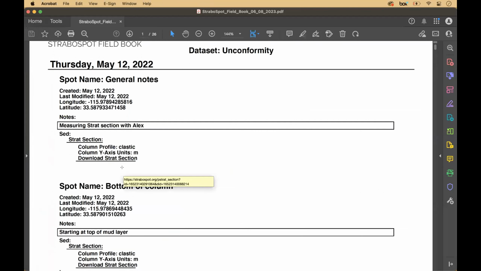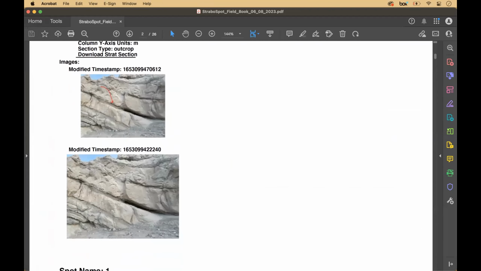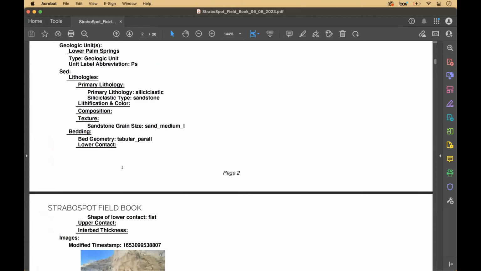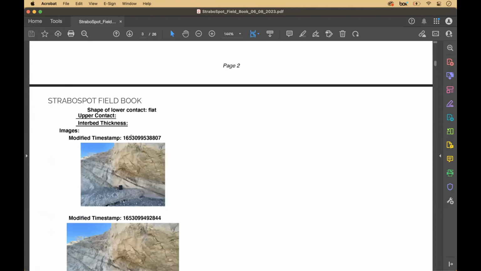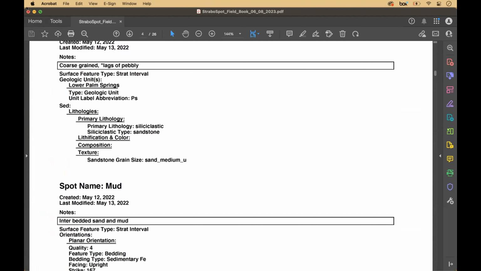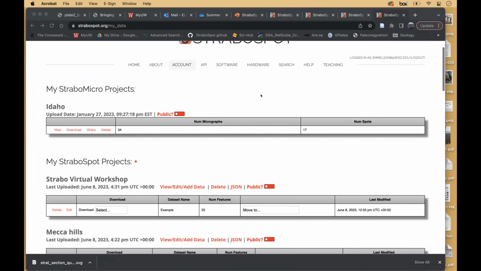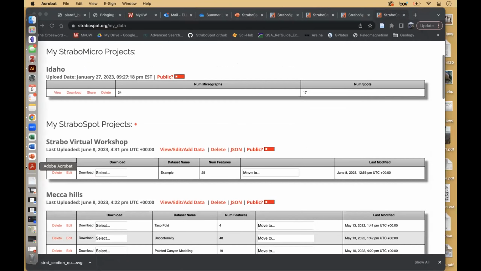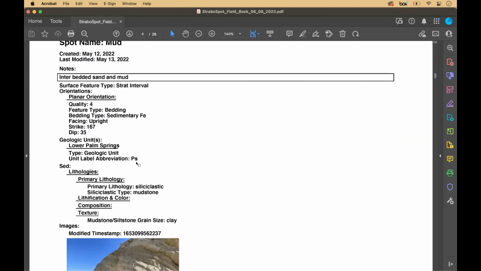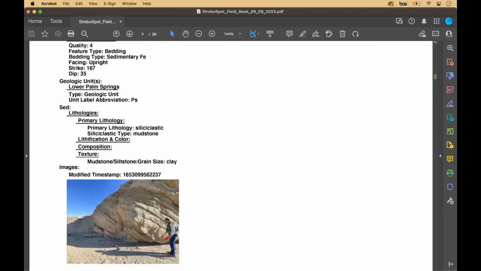So yeah, here's a downloaded field notebook of a strat column. You can see this one we did pretty well in order. So you get spot 1, it gives you all your notes, it gives you any photos you took at a given interval, and you can keep moving through there. Go back to that one for just a second. Go down a little bit or up a little bit. Okay, here we go. So you see the image there, and after it says modified timestamp,